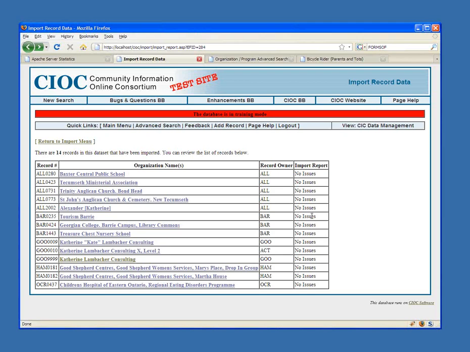The thing to distinguish between the error report that we got when we loaded the file and the import report that we get here is that the error report we saw when we loaded the file actually prevented that record from being imported. The issues that I might see in an import report do not affect the ability for the import to occur. So the import would have proceeded normally, and you would receive a warning that some information either had to be changed or was excluded. So in the case of a subject that you didn't have in your database, it would